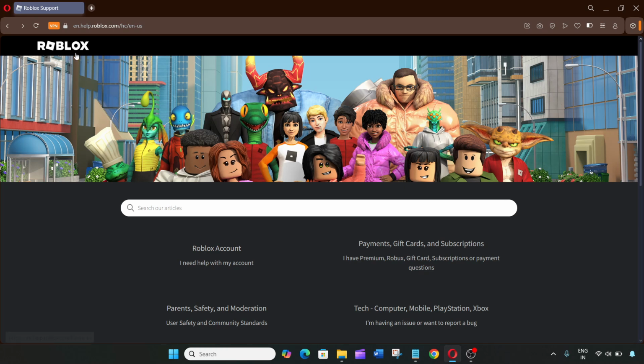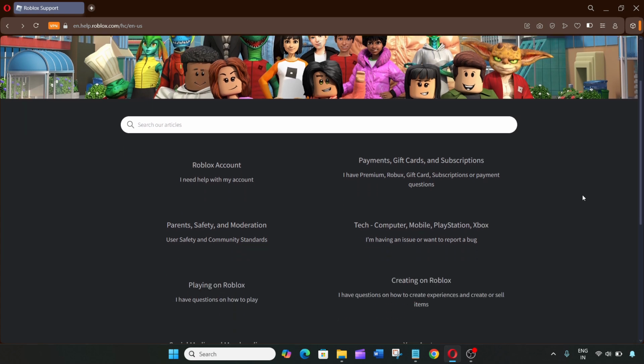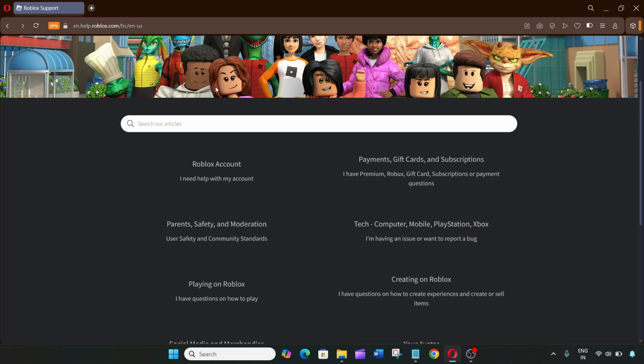If you're seeing the "chat is currently unavailable in your region" message on Roblox, there are a couple of steps you can try. First, make sure you don't have a VPN enabled on your device or browser, since this can sometimes trigger region issues. If turning off your VPN doesn't solve it, the next step is to contact Roblox support